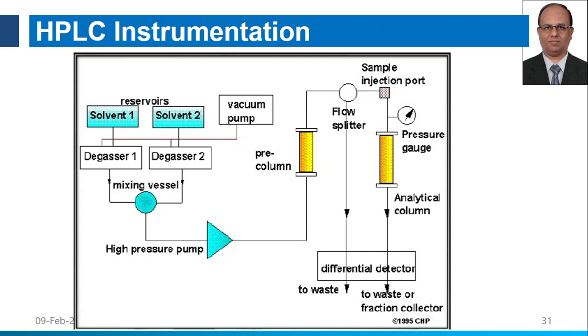Then there is a high pressure pump to pressurize the liquid which is coming in from the mixing vessel. It passes through the pre-column for filtration process. Then it goes to the flow splitter where it will split in two parts. One part will directly go to the detector and other part to injector and column. So injector, different types of injectors we have studied. Either there are loop injectors, Rheodyne type or auto injectors. Then the sample and your mobile phases pass through this column.